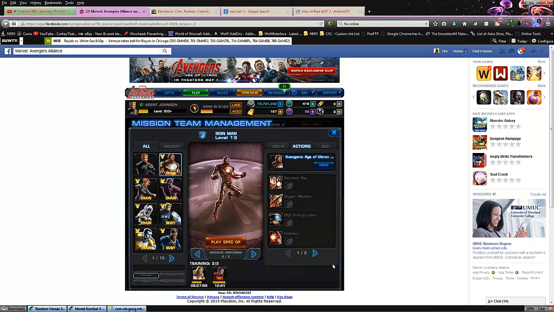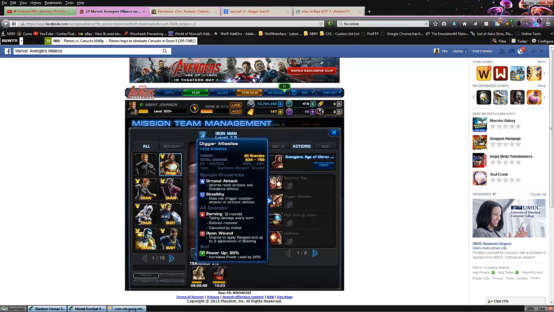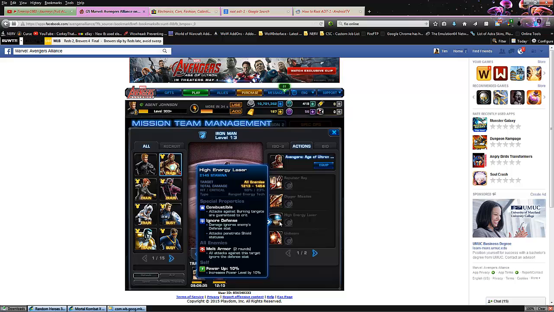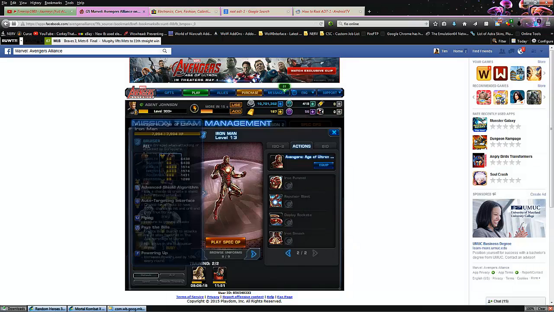Much like Hulk, his abilities both build it up and consume. So you have the Repulsor Ray, which is locked on radiation exposure, ties into some of the set pieces, and he powers up by 20%. Digger Missiles goes ground on this one, burning and open wounds, chance to apply ravaged and up to 3 applications of bleeding. And again, he powers up. High Energy Laser exploits the burning by doing combustible, and it melts armor. He powers up at 10%. And then we have Unibeam, which does nothing about power up, but of course stacks itself and is a shield breaker. My guess is somewhere along the line in combat you can then switch him over to the Hulkbuster suit,